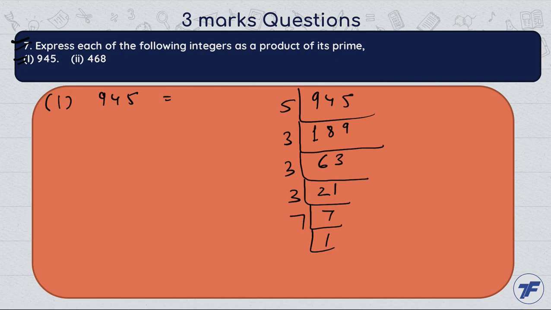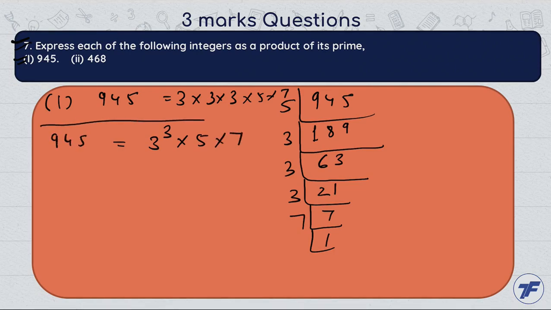It means 945 can be written 3 into 3 into 3 into 5 into 7. It means 3 power 3 into 5 into 7. This is the prime factorization of 945. Again second